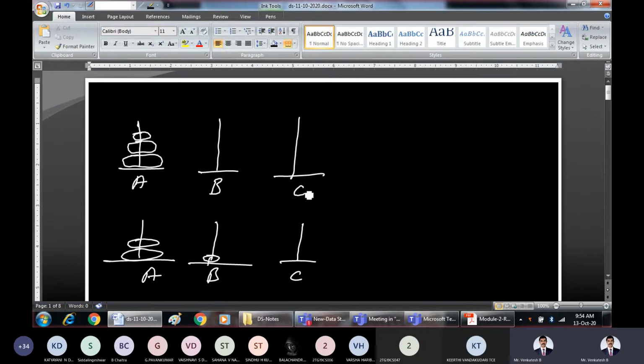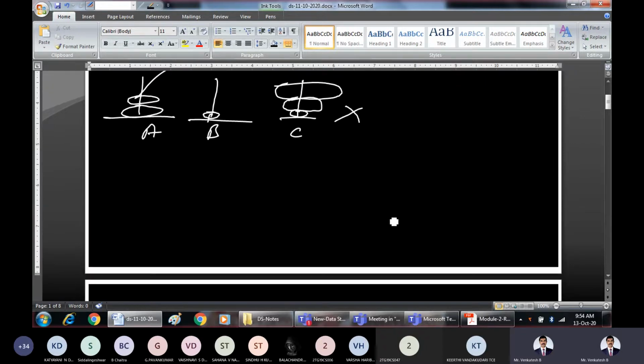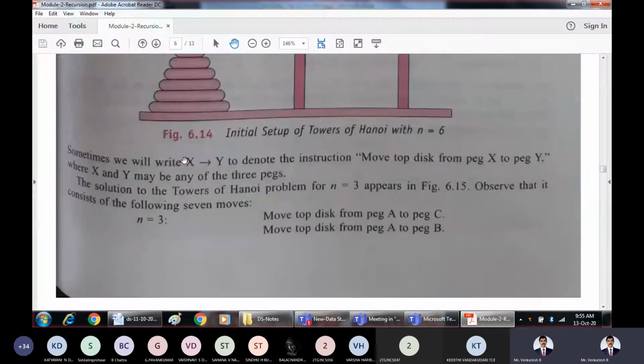So the ultimate thing is, you should understand what the problem is. Later we will find the solution. What the problem is, we are allowed to pick only one disk at a time, but the condition is smaller will always be on top of the larger. So if you keep a smaller disk and on top of this some larger disk, this is wrong. This is not permitted in the Tower of Hanoi problem. So that was the context of the problem.